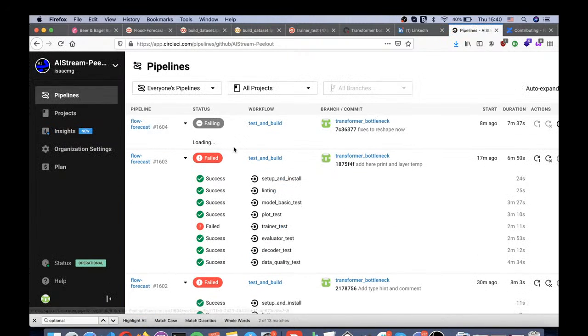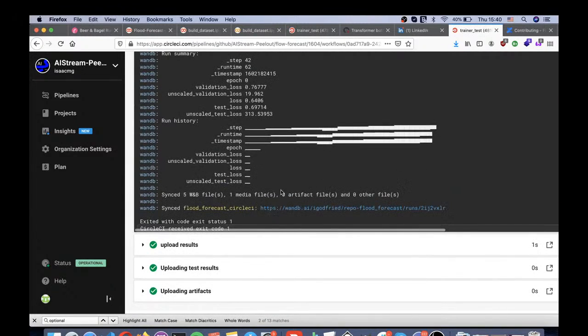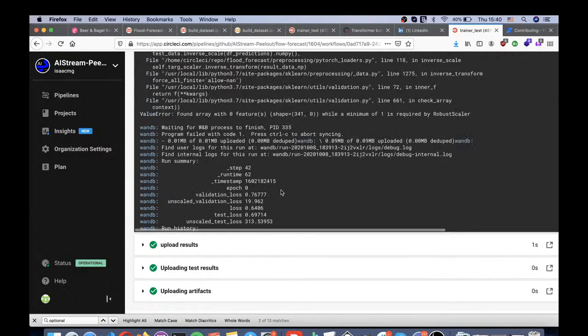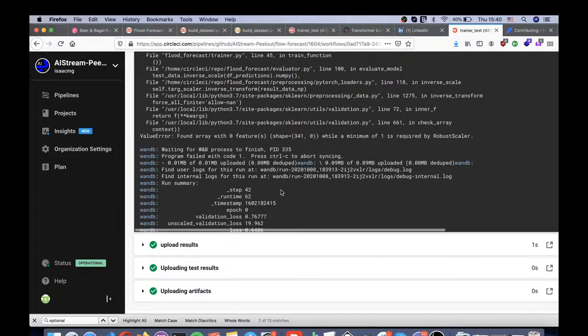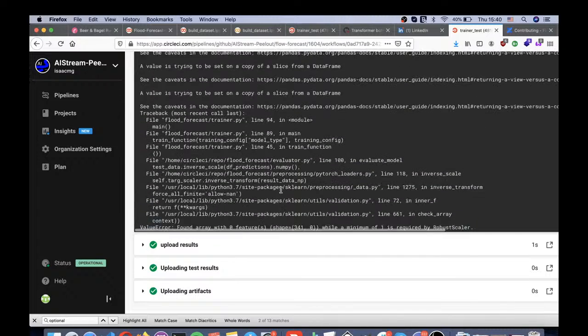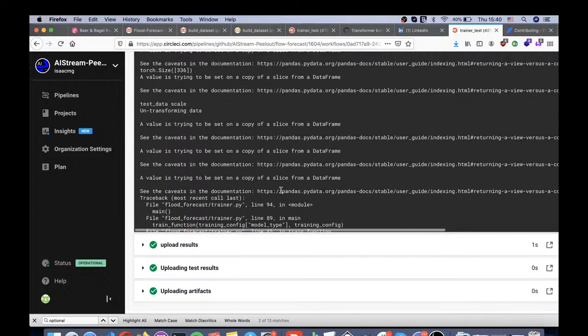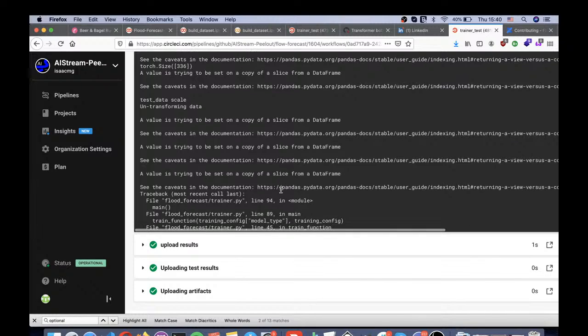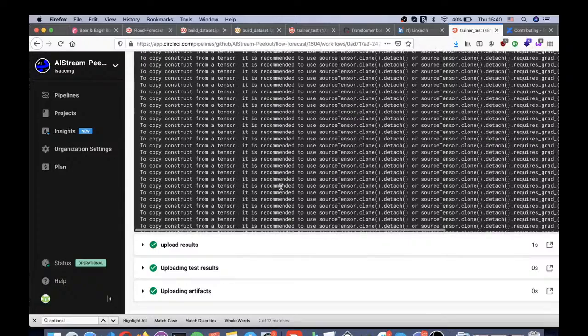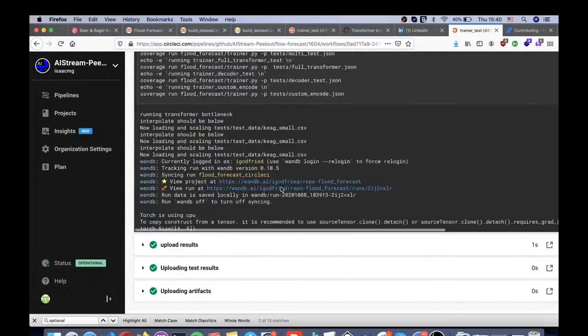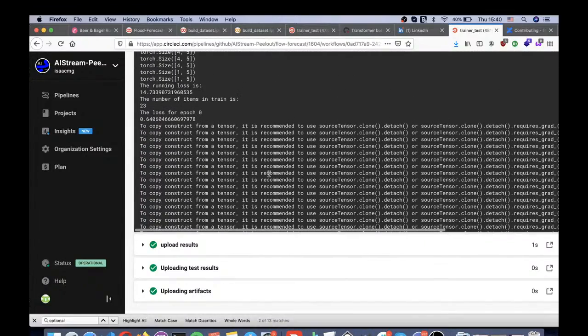That's not possible. Where a minimum of 1 is required. Found an array with something. So what are all these warning messages? To copy it,